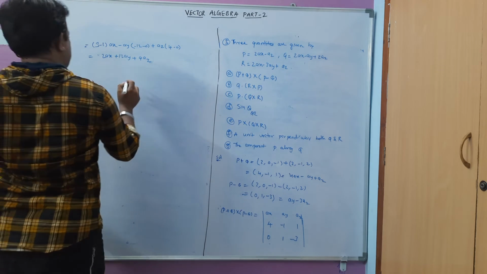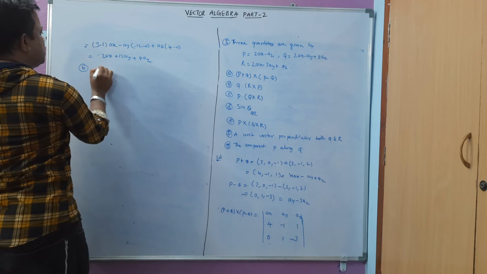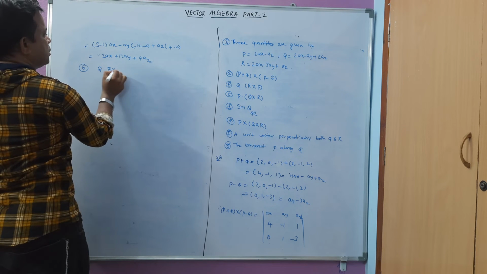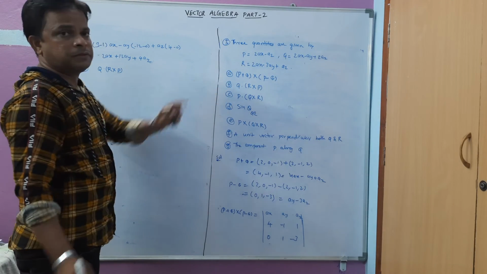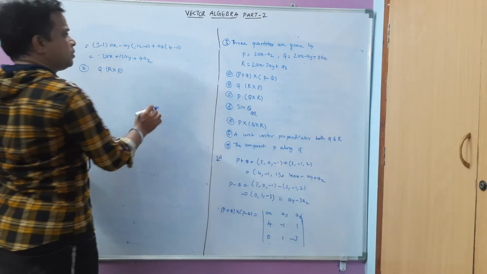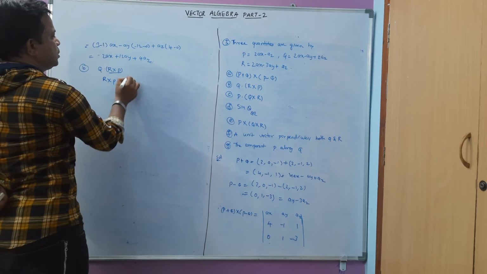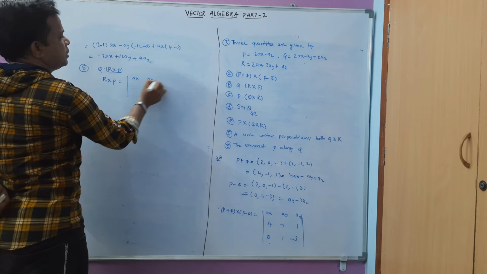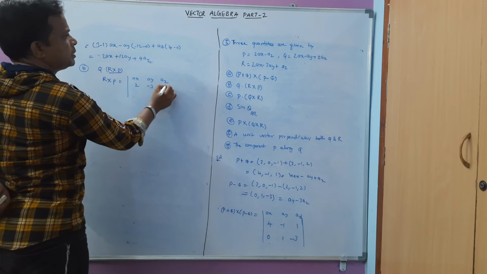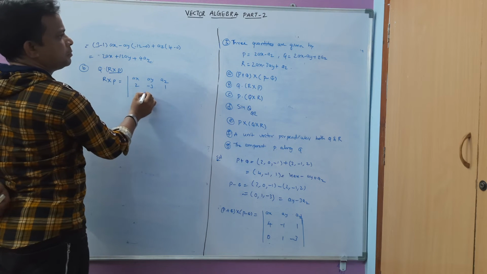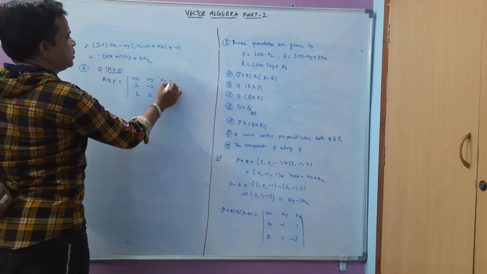Similarly, next I get here this one, B question, q dot r cross p. So I have to take the cross product of r cross p, and next we have to take the dot product. First we will do r cross p, which is equivalent to ax ay az. What is r here? 2 minus 3 1. Next, what is p here? 2 0 minus 1.